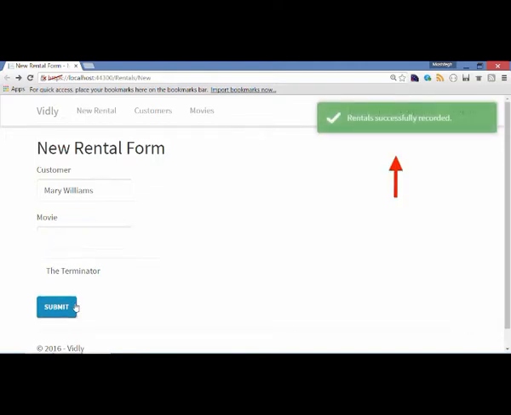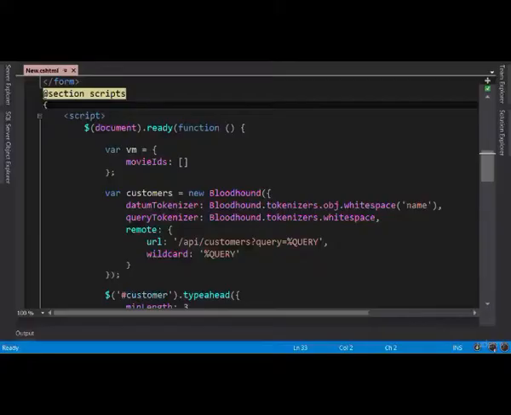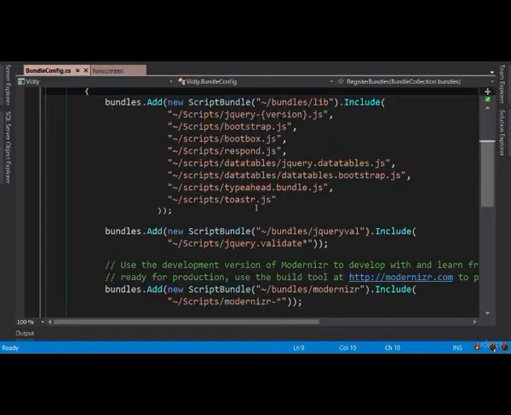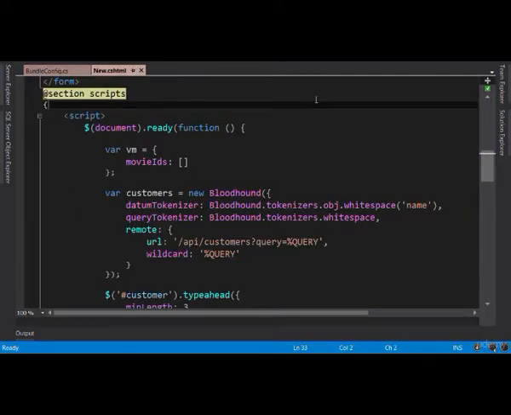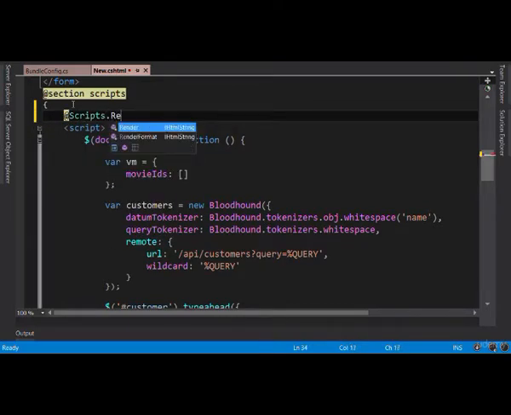There you go. Next, we're going to implement client-side validation. To add custom validation here, there are a few steps we need to follow. First of all, just to refresh your memory, in bundle config, we have a separate bundle for jQuery validation. Potentially we can merge this bundle with our lib bundle if we're going to use this in a lot of different places. But for now, I would rather keep them separate and include jQuery validation only on pages where we need it. So back here in the script section, we add @scripts.render